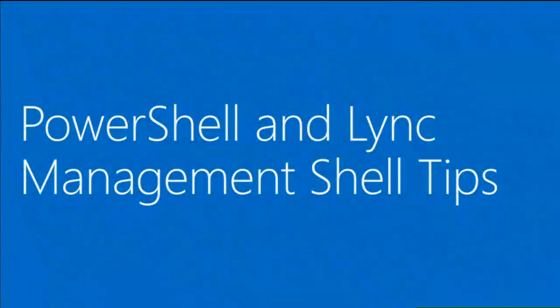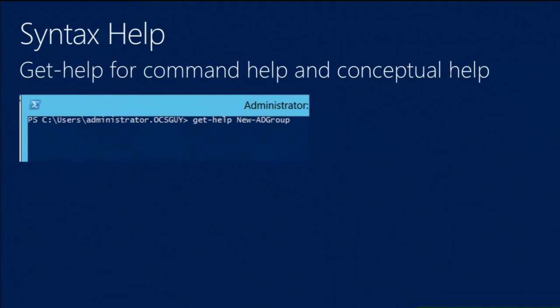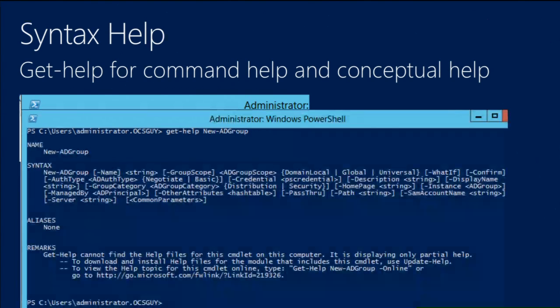So the first part we're going to do is go through some basic PowerShell and some Lync Management Shell tips. So the first thing we're going to start with is the basic levels of actually finding out what commands it is that you need to use and what parameters are actually available in those commands. So a very helpful tool that I use is just the Get-Help command, and then you're able to just do a Get-Help on the command that you're looking to use, and it will easily pull up a list of parameters that you can use and switches that are available